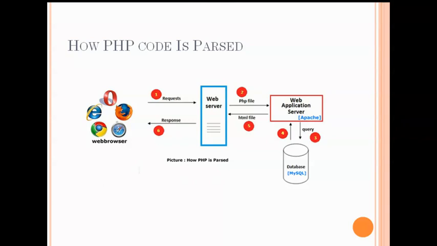The very first step begins with the web browser. If you want to execute your PHP code, you must first take the support of the web browser. Using a web browser, you have to send a request to the web server, for example http://project name/file name. When you execute the file with the PHP extension, it is sent to the web application server, that is Apache. Okay, because you all know we are going to use the Apache server.